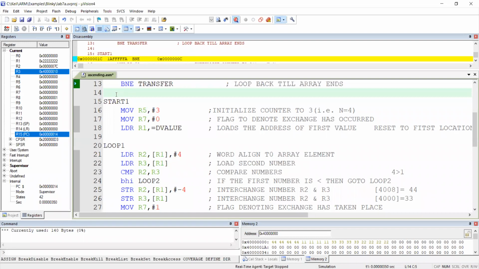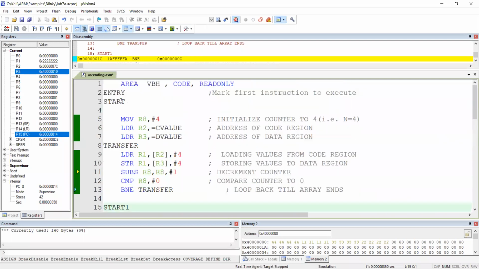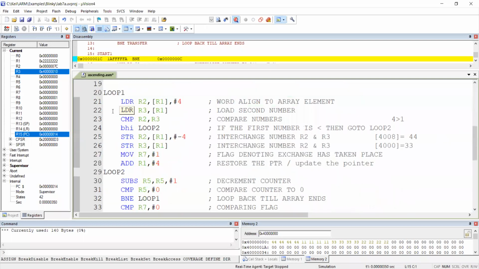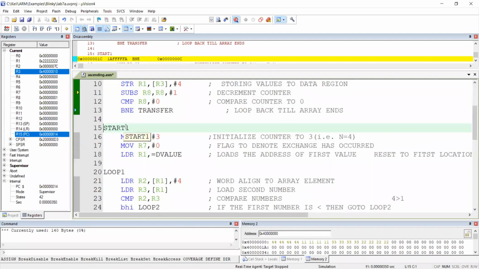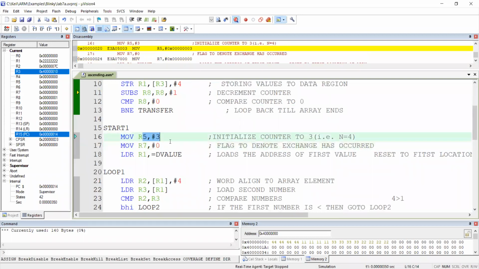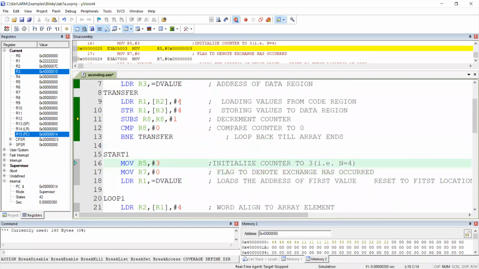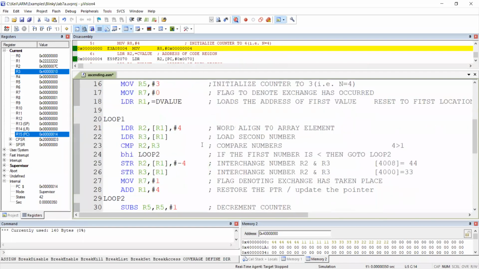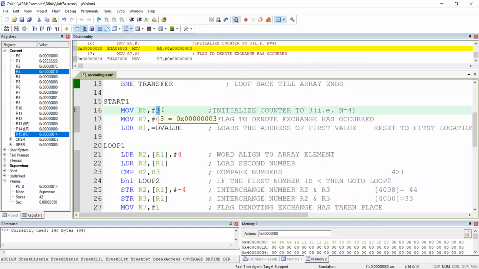Coming to the next, the actual work starts. That's start one. Why I am using start one is that here we already have one start, so I am using the keyword start one. Don't use the same name as an earlier keyword. Now R5 is 3. Why I am taking this 3 is important. If you take 4 numbers, there always exist 3 comparisons. If you take 5 numbers, there exist 4 comparisons. You should be very careful because we have to give the values: the size of the array and how many comparisons we have to do. So it shows us how many comparisons there are.